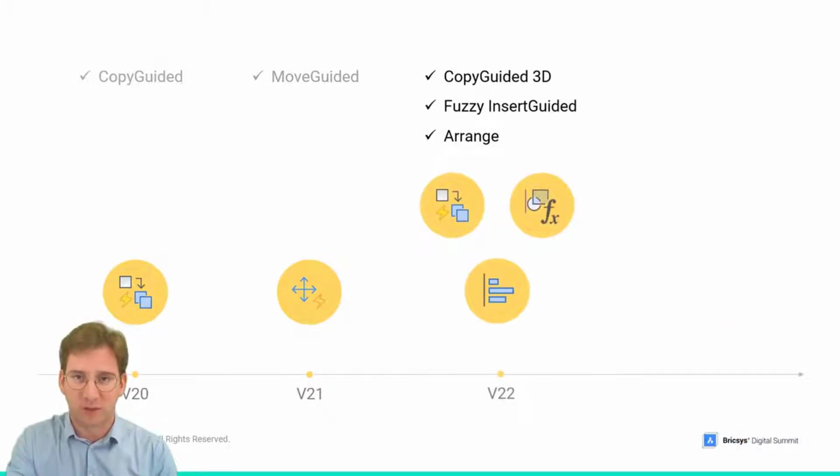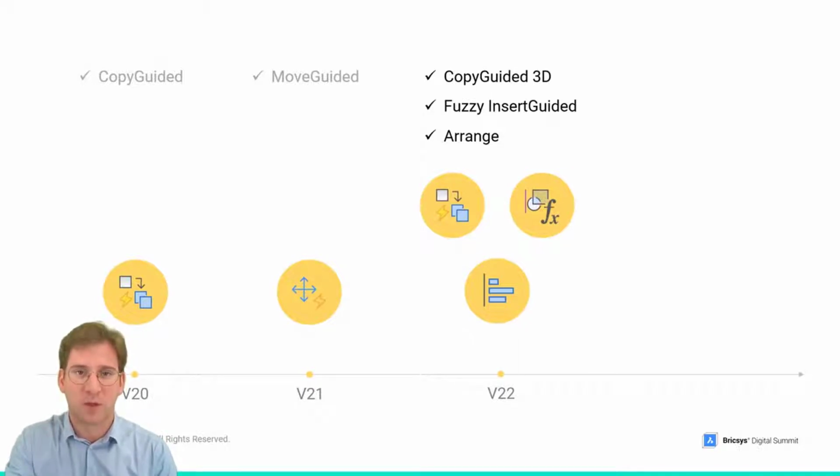And with BricsCAD V22, a 3D variant of the CopyGuided technology was born. And we made a fuzzy version of inserting parametric blocks in a guided way. Now, 2D blocks parametrically adjust to the candidate's target location. As such, a 2D block representing a door can now easily be inserted in a wall with a slightly different